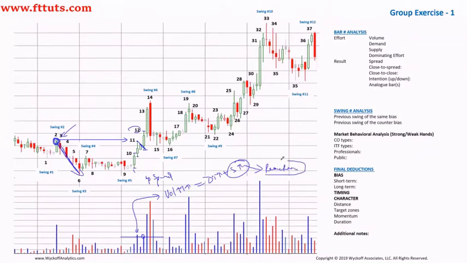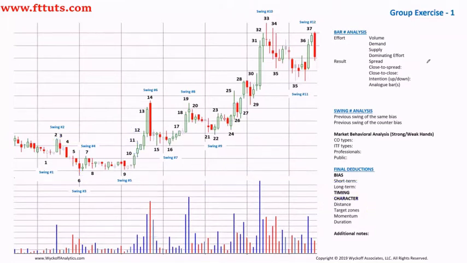And see how logical everything is. It makes a lot of sense that at this spot where supply is emerging, there is a reaction, and then we need to understand the character of this reaction. And we see that there is no follow through to the downside. So that confirms the no follow through, confirms bullish bias, and confirms continuation to the upside, which is bar number 12. So bar number 12 has a slightly different